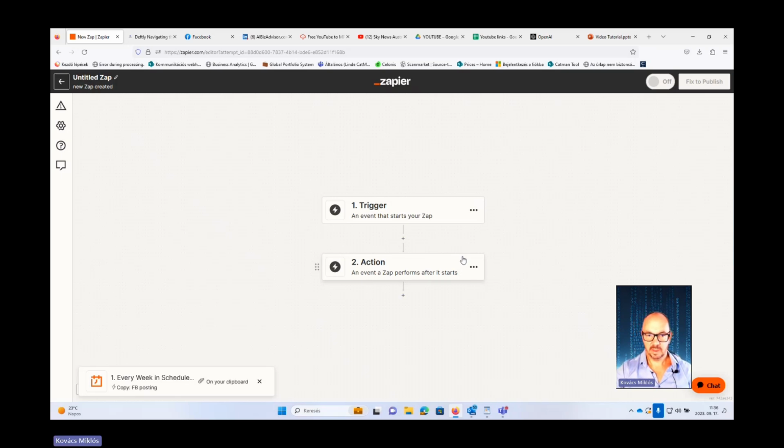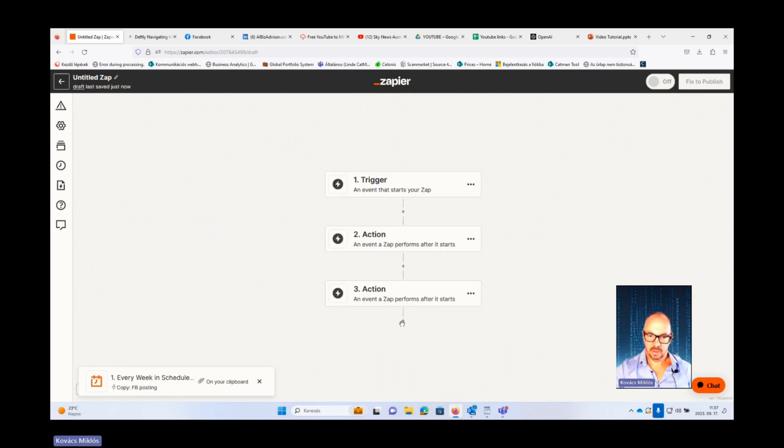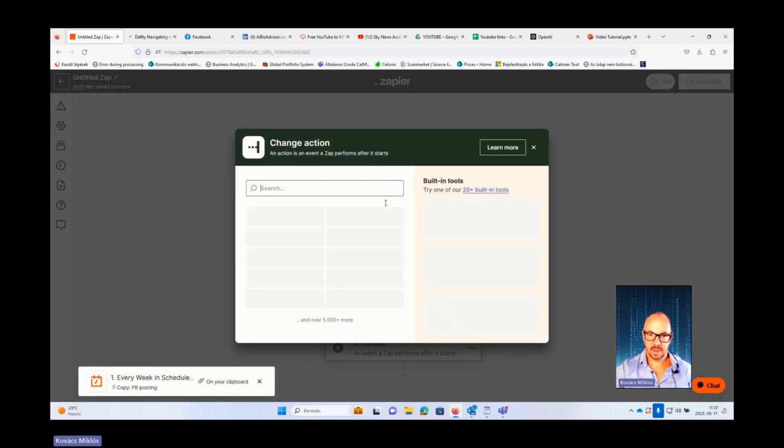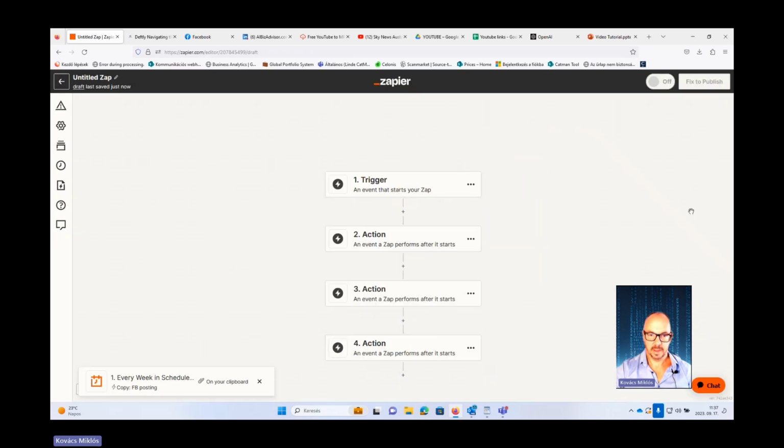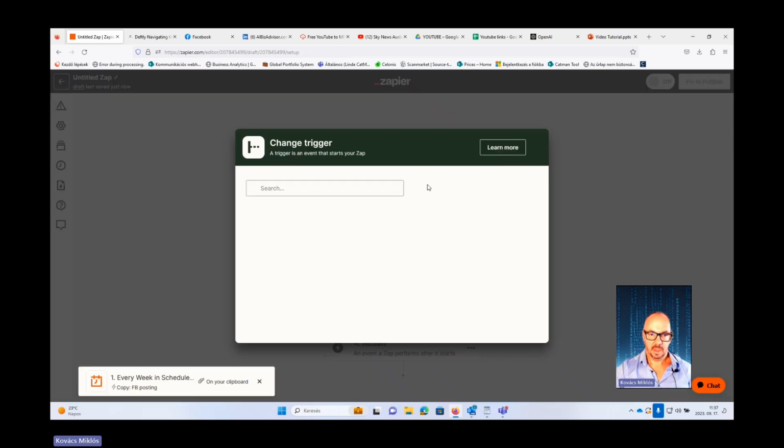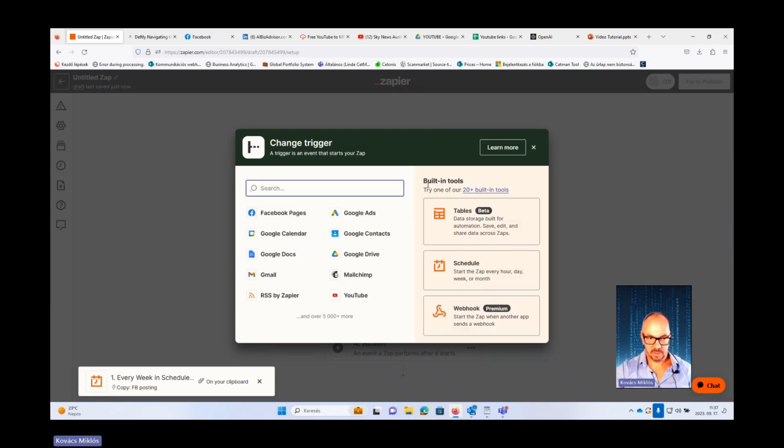As I told you, in Zapier, you can connect thousands of applications. And you can do that by always clicking on this plus icon, and then you can add more and more actions. Again, you will start with a trigger event. It can be anything based on your needs.